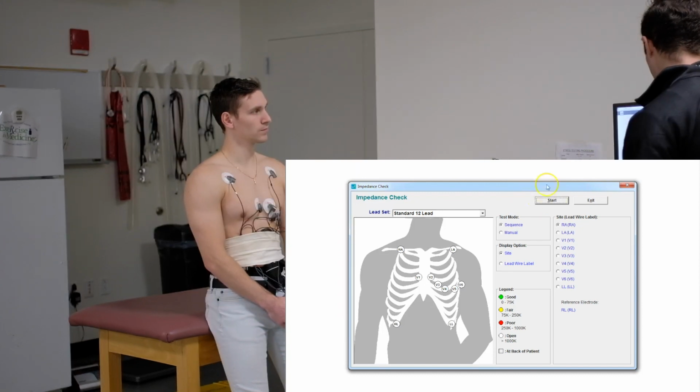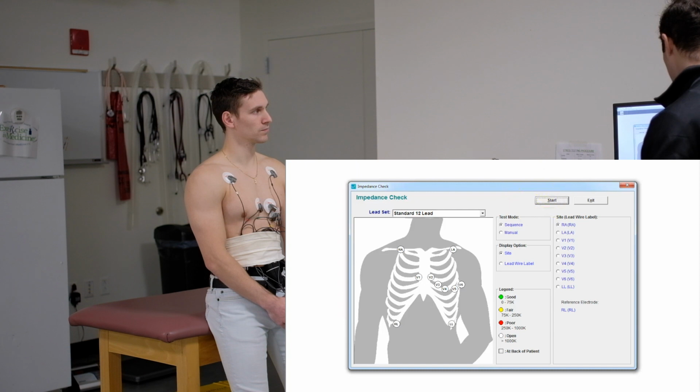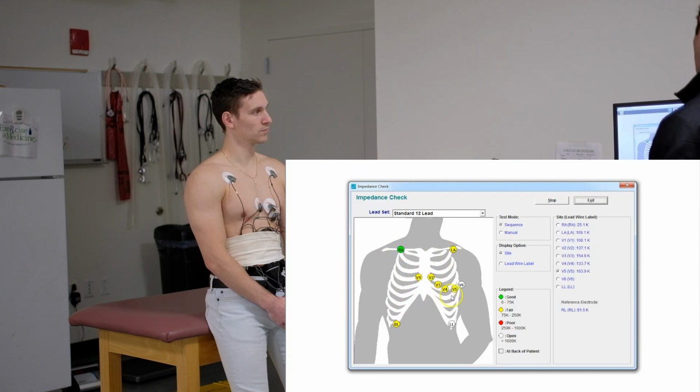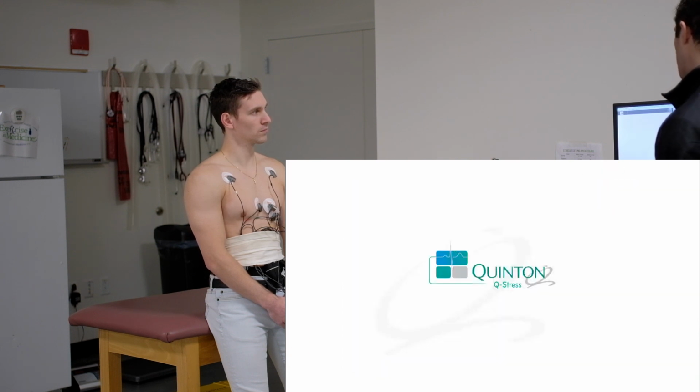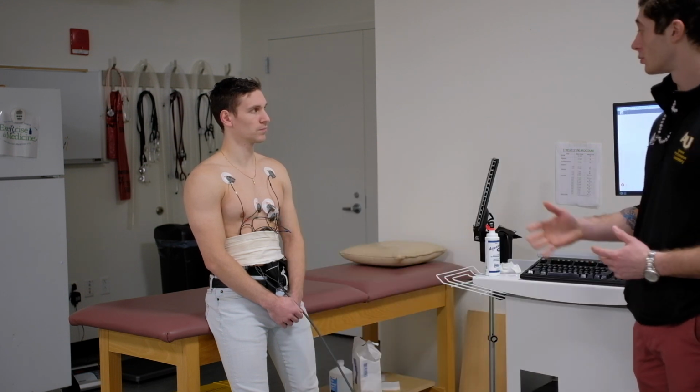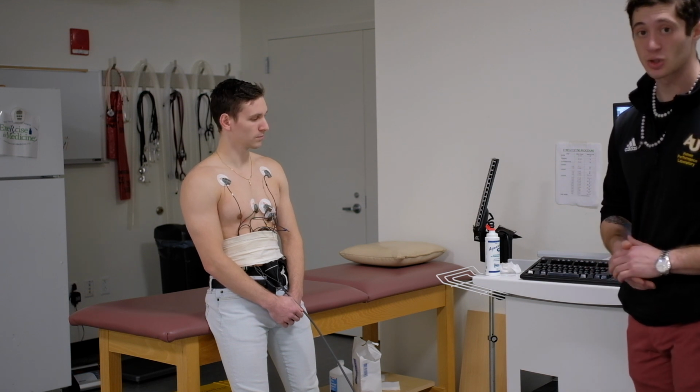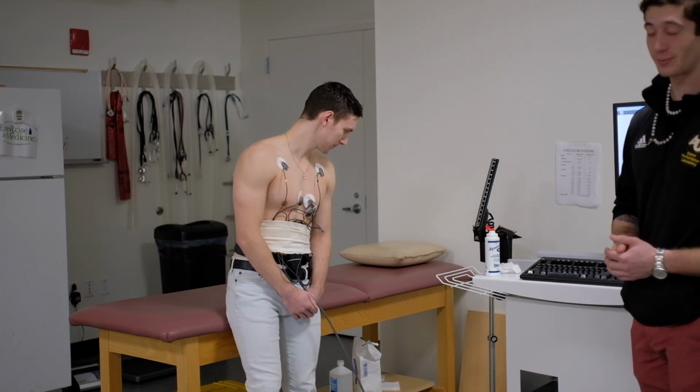So we'll go through the impedance check right now. The impedance check happens by starting this blue guy, and then you hit start. So we'd wait for it to cycle through. We got green, and the rest are most likely going to be yellow because I did not apply any ultrasound gel to them. Now, in the case that these would be all green, you could hit exit, and then you would start the test by starting the rest period. At the same time, you would instruct your subject to lay down on the plinth so that we could start gathering resting data. Since we're not going through a